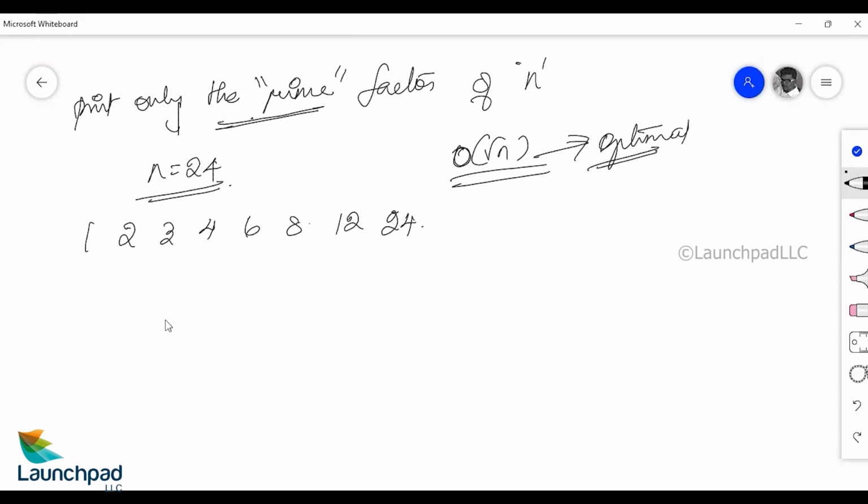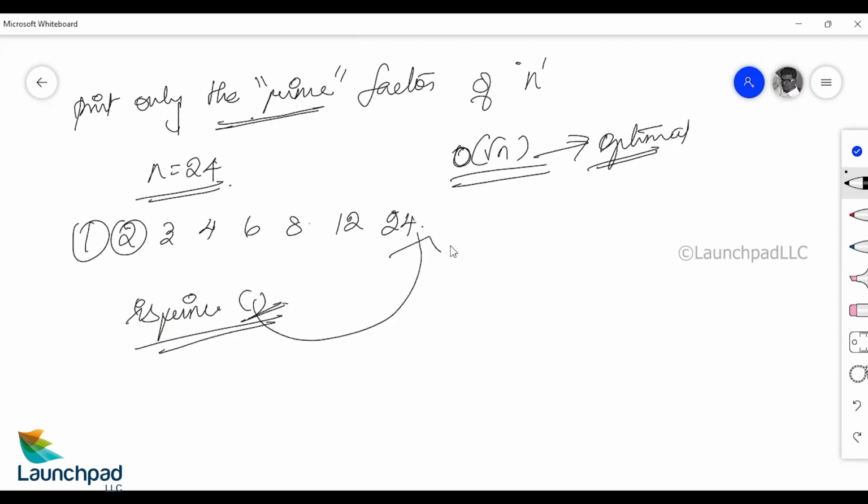Now the same code can be used and we can spot all the factors of the given number, and each number can be run against a small code saying whether it is a prime number or not. So I can have a small program which says isPrime and checks a number to be prime or not, which again comes under the same category of O of square root of n complexity, which can be done easily. Let us complete this function first, which will help us understand how prime numbers work.